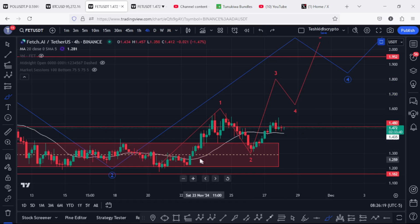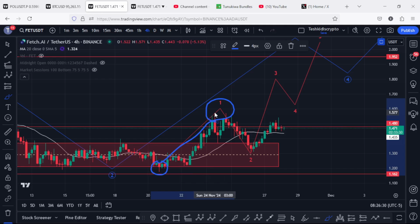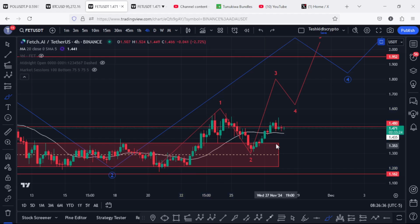Using the Elliott wave structures, you can see that from the lows that we made on the 20th of November, we first peaked to the upside in an impulsive Elliott wave count 1 in a move that gave us a high above the 1.577. After we peaked in that wave 1, I was expecting a bit of a corrective structure in a wave 2, where you can see that we have seen a bit of a pullback over here in a wave 2,